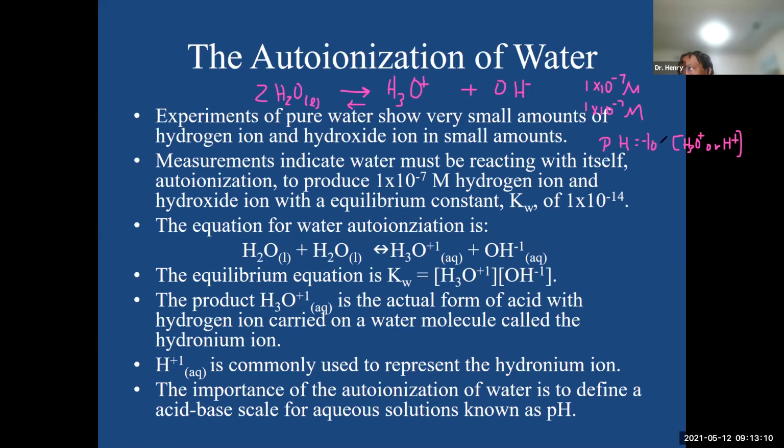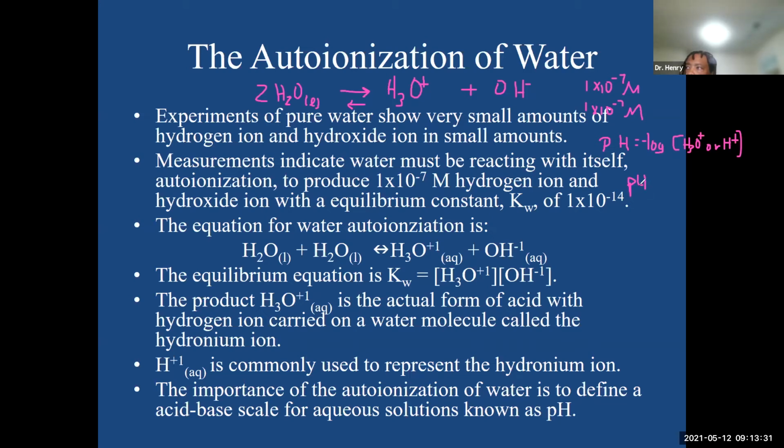Minus the log of the concentration of your hydronium ion. So that's what your pH is equal to. The pH of water is always going to be 7 because it always auto-ionizes. Once it reaches equilibrium, which water is almost always in, it's always going to end up being a pH